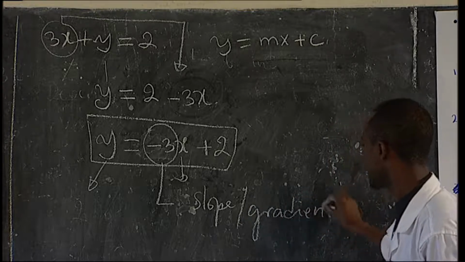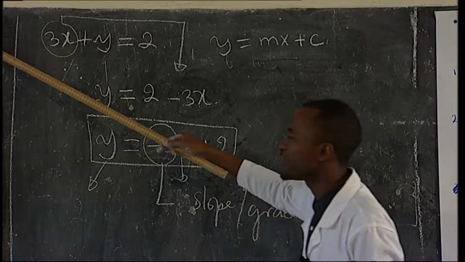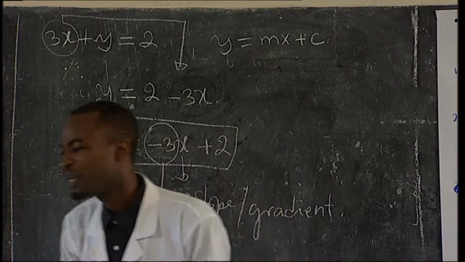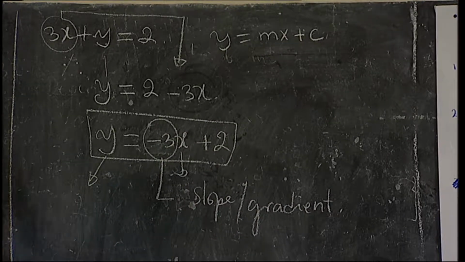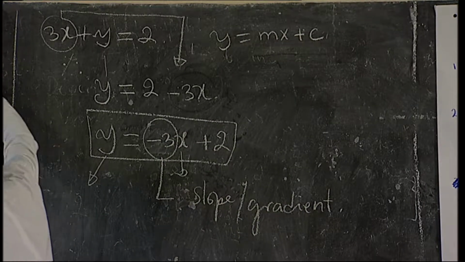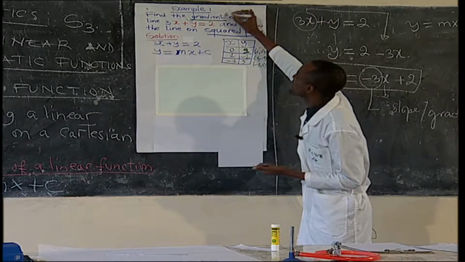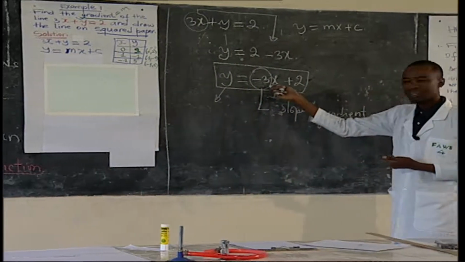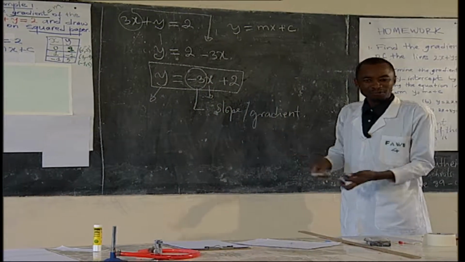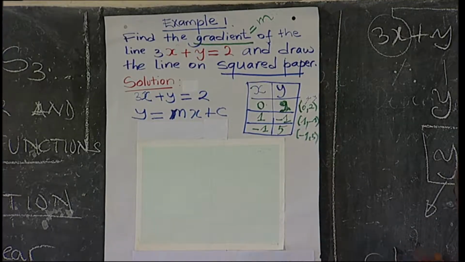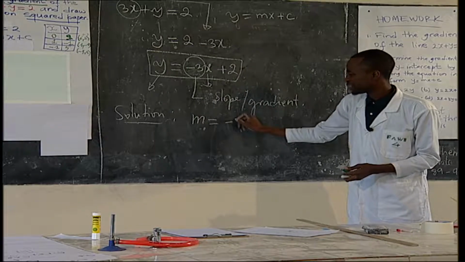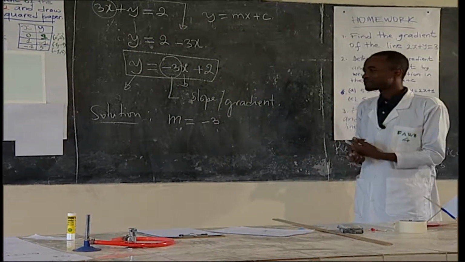Of course, we have our gradient. When you go back to the question, they told us to find the gradient. Look at this: gradient. It means we are looking for m. This is what we are asked. Then you come here to your equation. We have solved our question. Now, if you are looking for the gradient, it is of course equal to negative 3. This is the negative 3, which is the gradient. And then now,